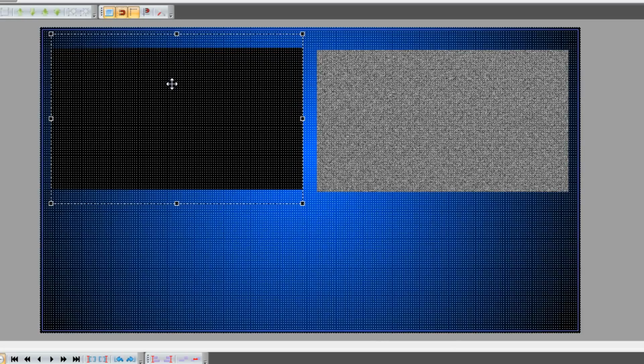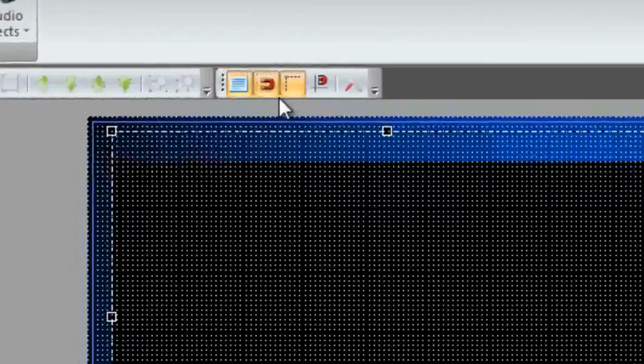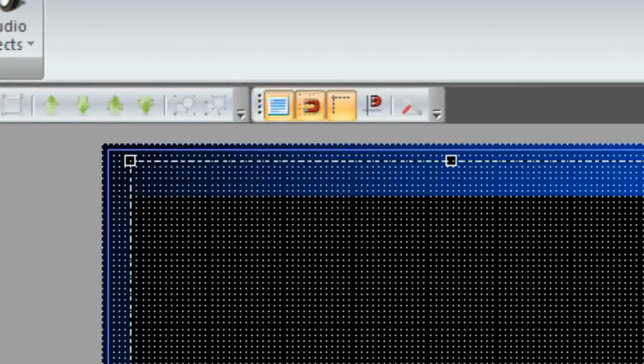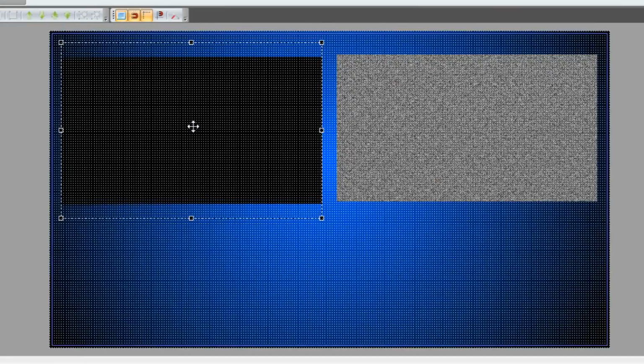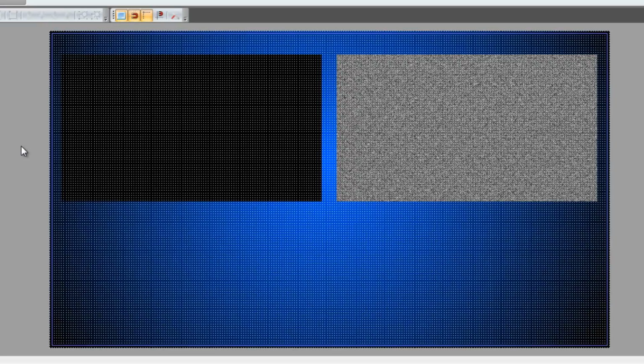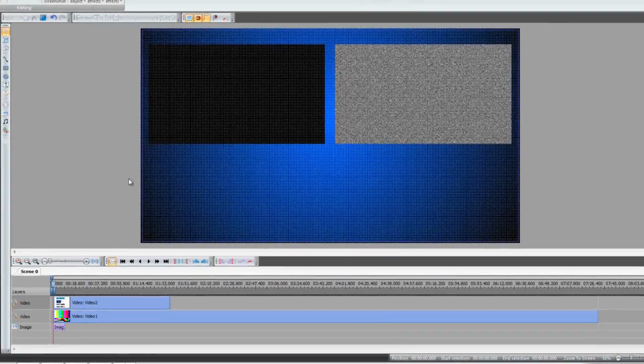You can do some grid snapping. There are some grid snapping features up here that you can use. You can play around with those, but I'm not going to. I think this grid is accurate enough. There you go. So now that you have your videos on here, what you're going to do is make